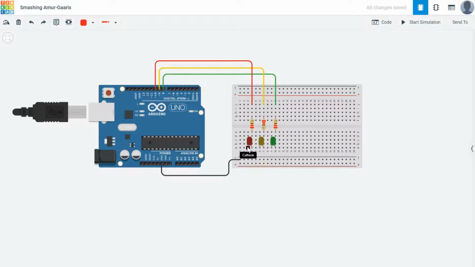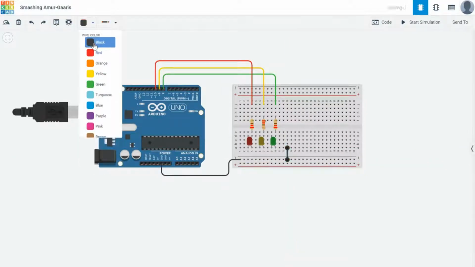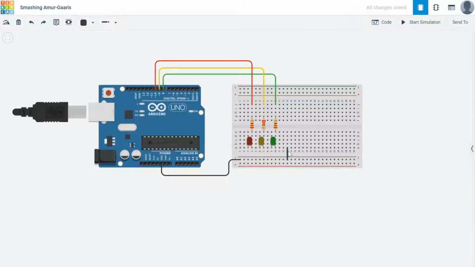We need to attach the ground from all of the cathodes on the LED. So to do that, we can go anywhere along here because this is all connected. So I'm going to bring this up from the ground up to this plane here. And then what we can do is we can draw across. So I'm going to use this one to go up to